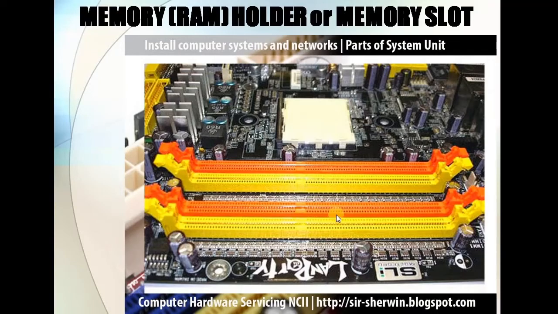These are the memory RAM holders or the memory slots, and depending on the type of RAM we are using, we'll have different types of RAM, like DRAM, DDR RAM, DDR3 and so on, or static RAM, SDRAM. Based on that we'll have a different architecture, and they come in different sizes, like 128 pins and 164 pins. The latest have 240 pins and so on. So it depends on the architecture of the computer.